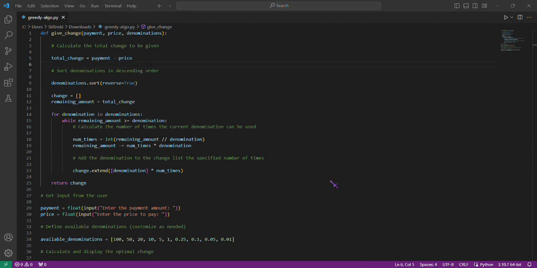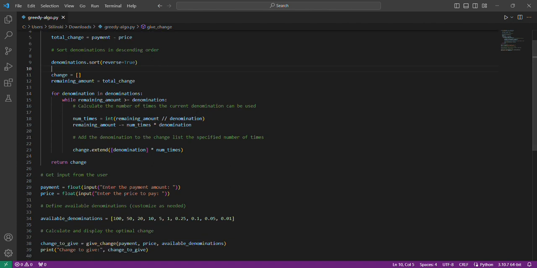This calculates the total change to be given by subtracting the price from the payment. The third line sorts the denominations with the parameter reverse set to True. The purpose of this is to sort the list of denominations in descending order, from largest to smallest.